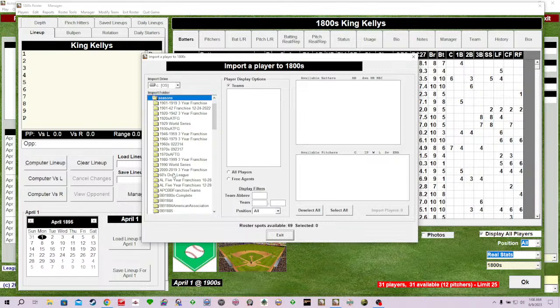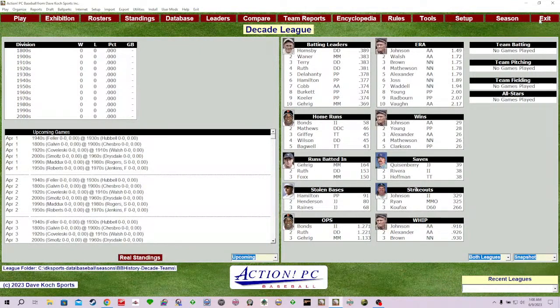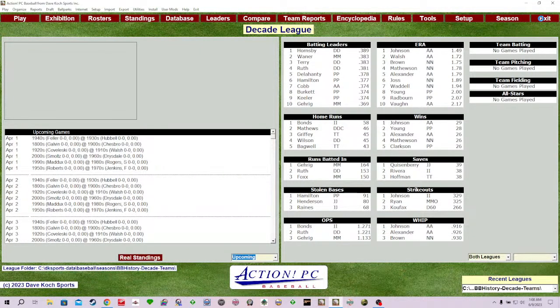Oh well, I don't have to do it tonight. Because I don't know where it is right now. Getting too much stuff. Tell you what, we're going to exit and load this back up. I think I know what happened.